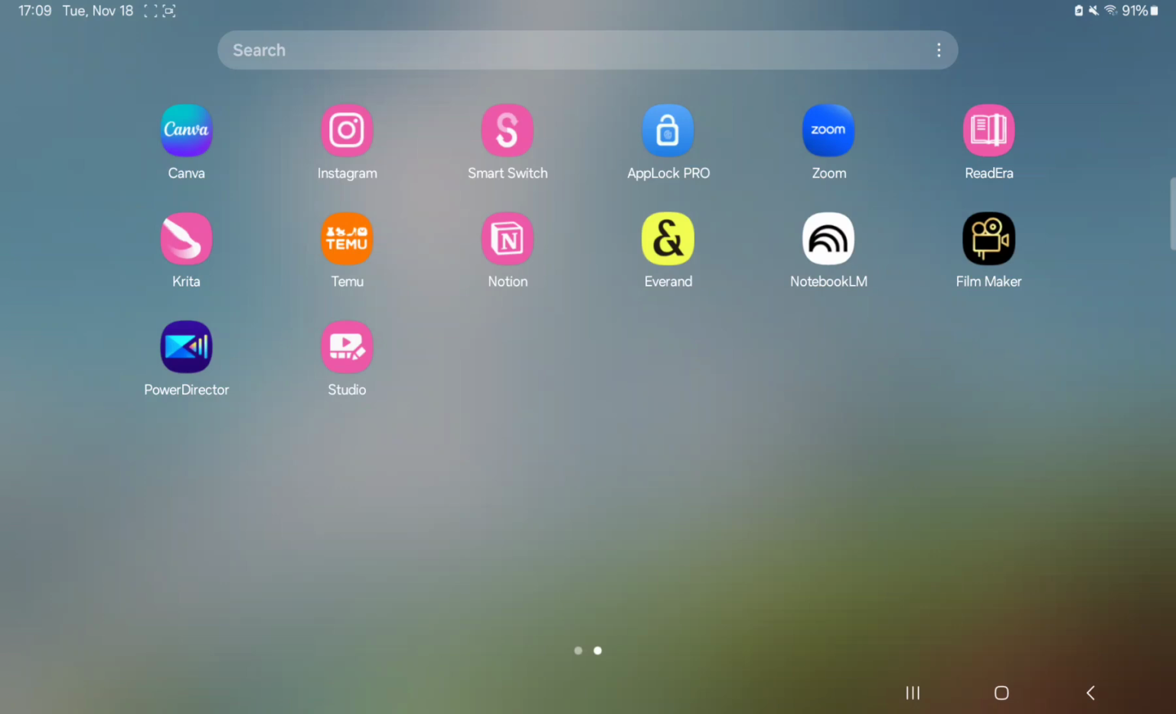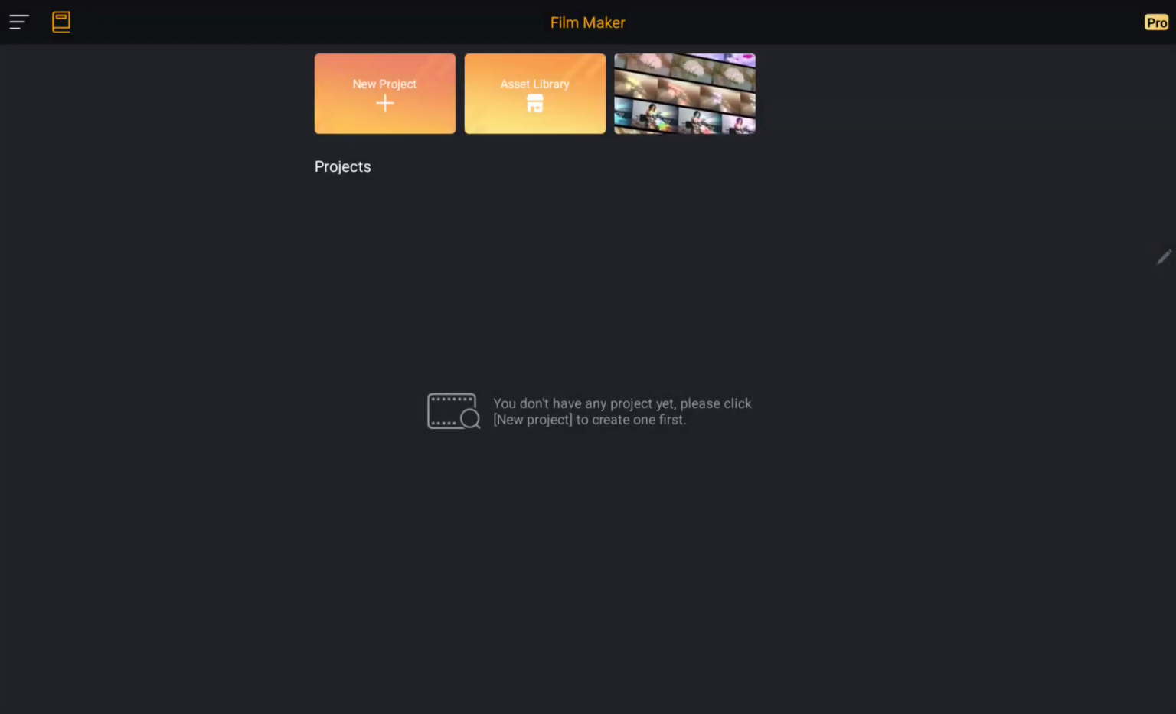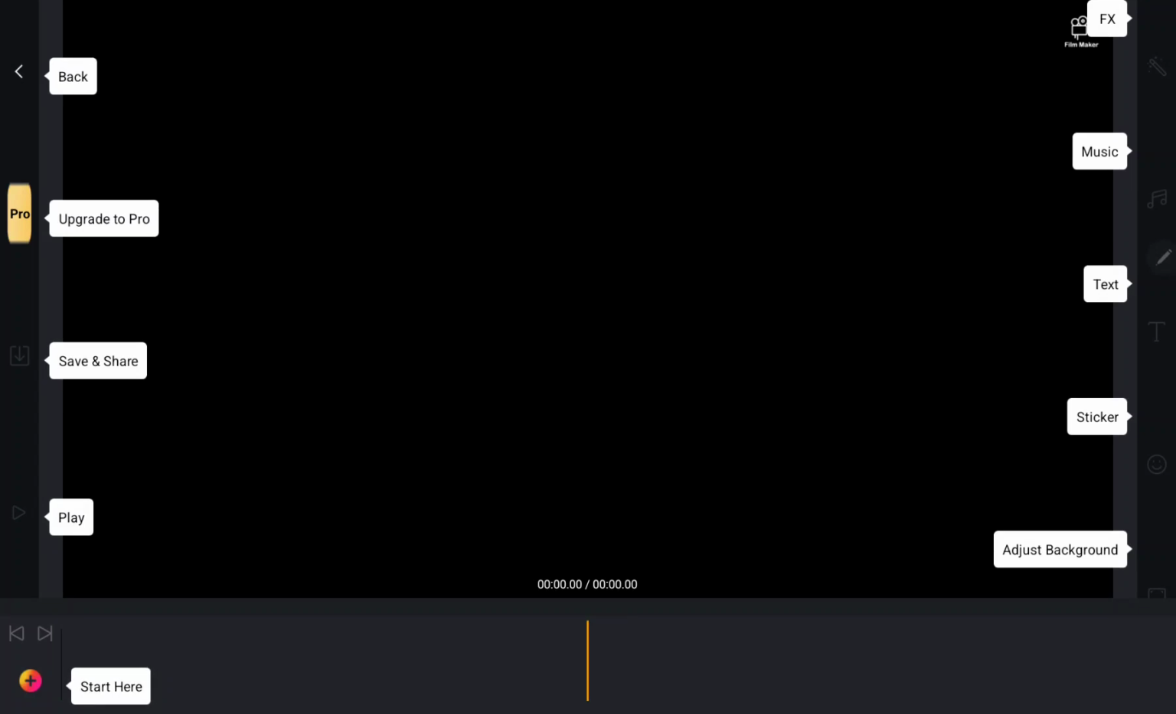First of all, open the application on your device. So here, that's the home screen, and if you want to create a new project, go to the upper bar and click on the new project, the big plus icon, and here click on the plus, the start here icon